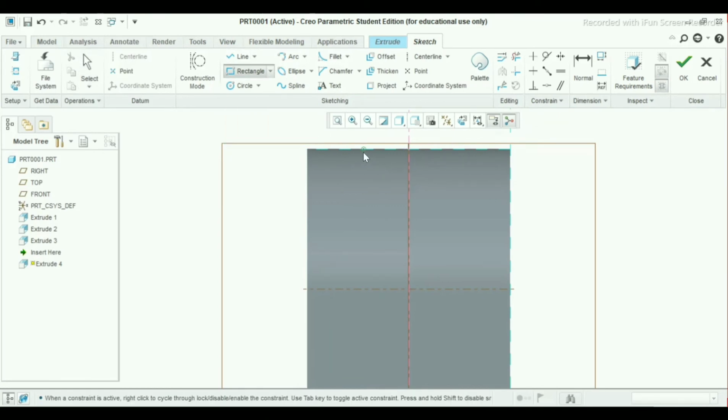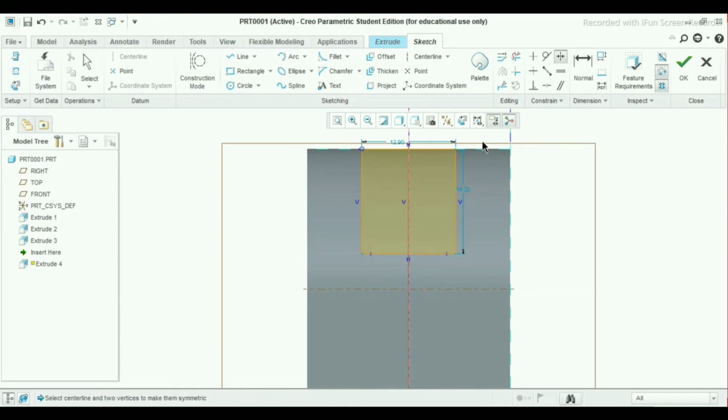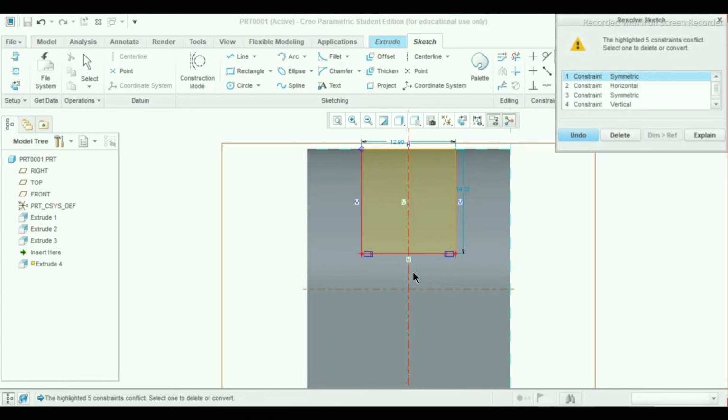Now go to rectangle, corner rectangle, make one corner rectangle here. Take your symmetric, take the points, select this point and this center line, make it symmetry, or it is already selected so no need to.